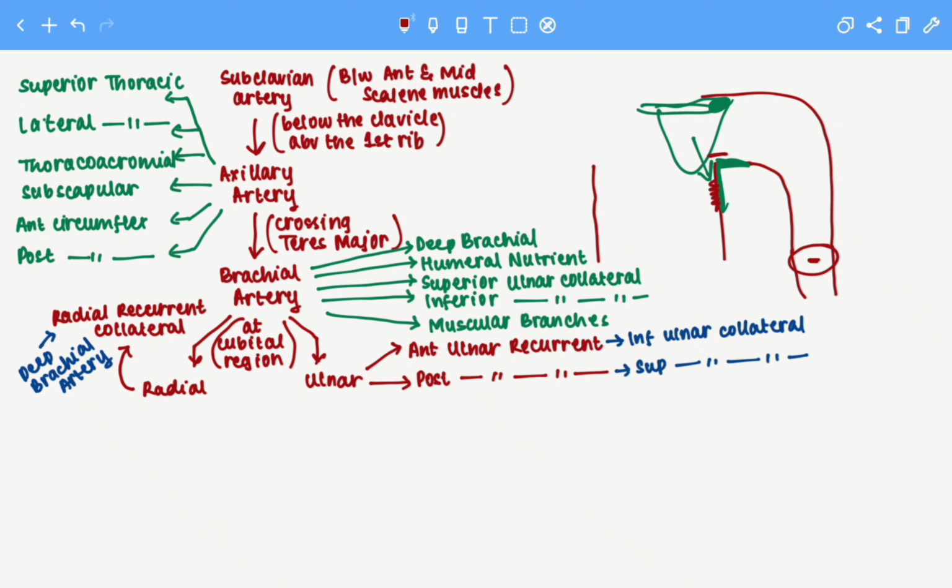Now the radial artery will continue on the lateral aspect of the hand, but it will give some muscular branches, while the ulnar artery will also give muscular branches. The ulnar artery will also give the common interosseous artery, and this common interosseous artery is about 1 centimeter long and it arises from the radial tuberosity of the ulna. The common interosseous artery will then split into